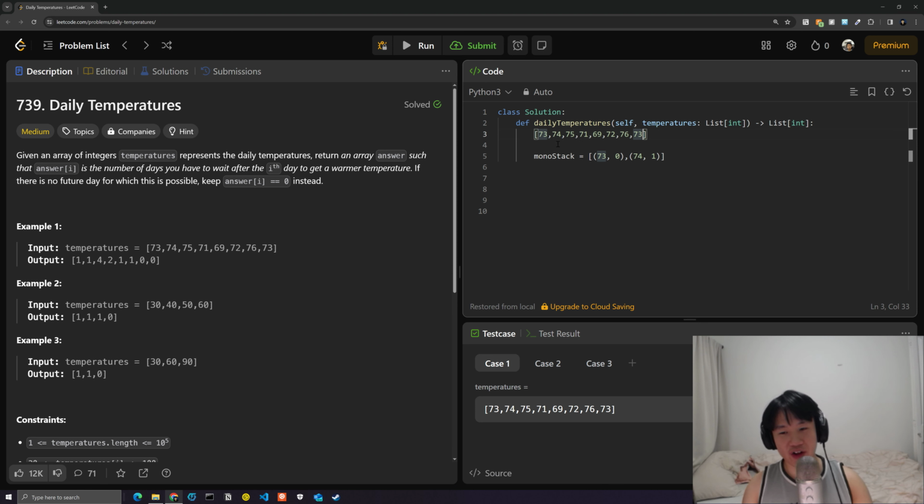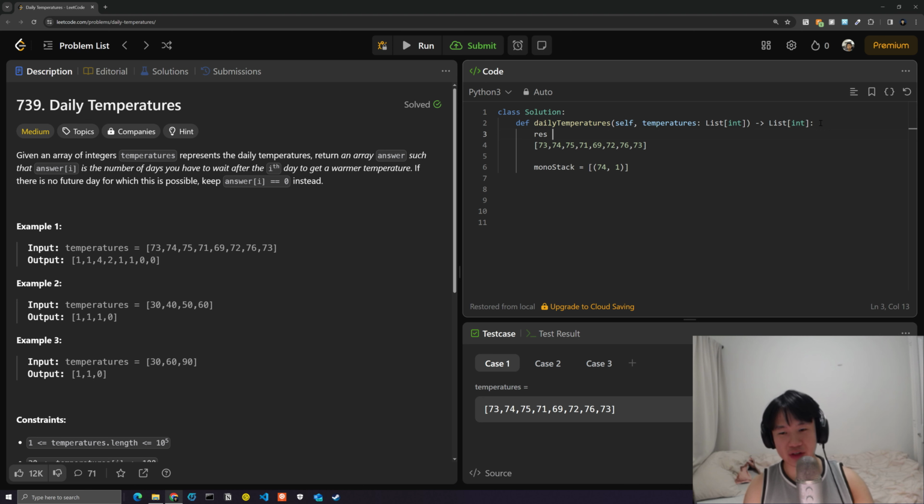Since we're trying to find the warmer temperature for the value 73 at index 0, we know that 74 is greater. Since it doesn't fulfill the properties of the monotonically decreasing stack, we remove 73 and 0 from the stack. We pop it from the stack,